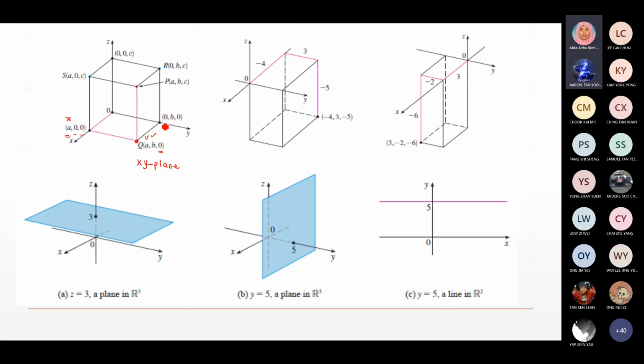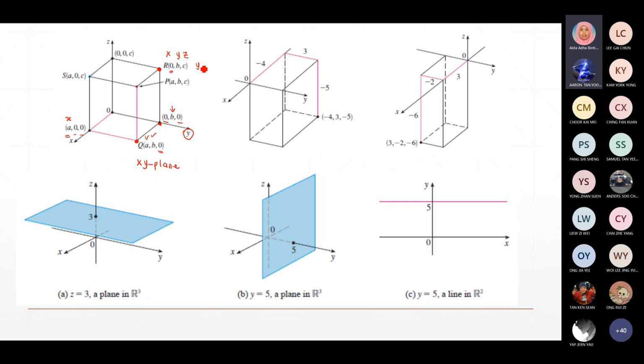And this one is referred to the point on the Y axis. You have y equal to b, and x and z are equal to 0. Same thing for this one; if we look at R first, the x is 0, y equal to b, z equal to c. So you can see clearly the point R